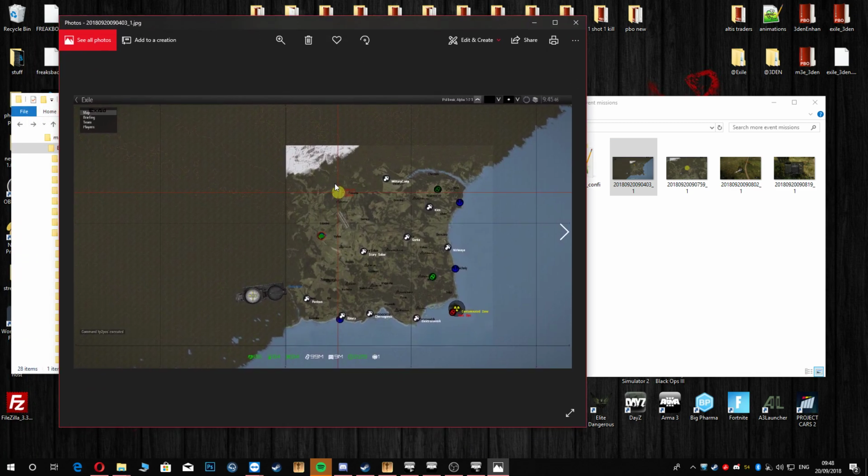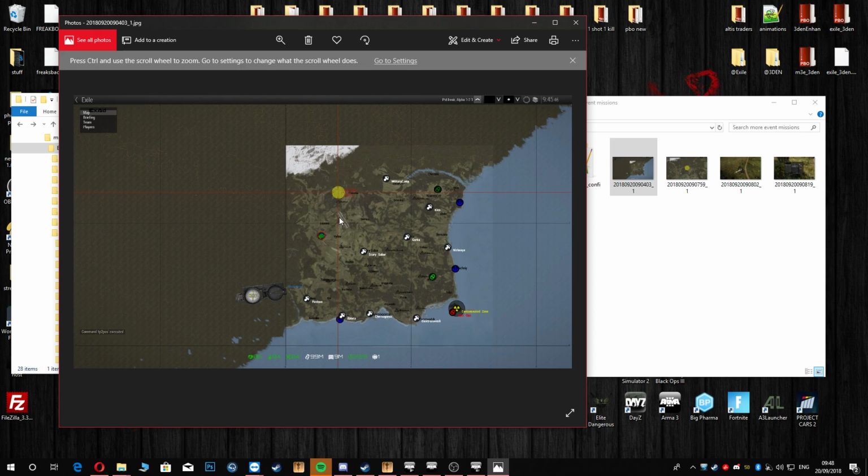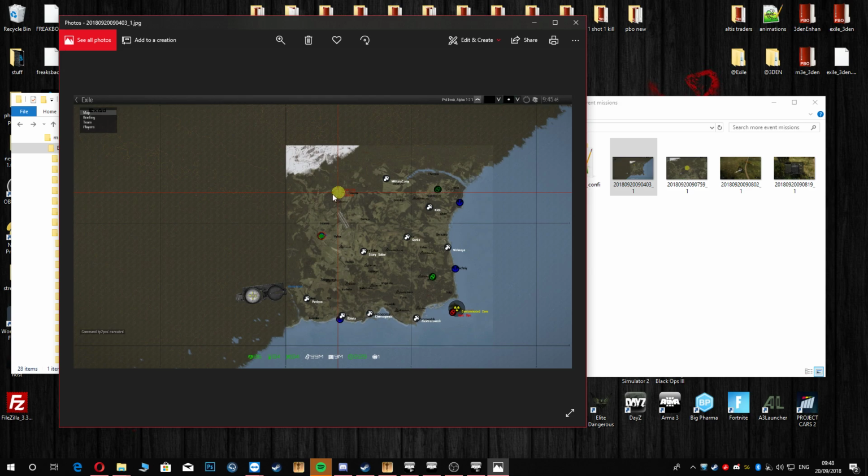What it will do is it will come up with some yellow circles. These are 500 meter circles. They will spawn within 500 meters of an airfield. So, we've got various airfields on here. It will spawn 500 meters away from an airfield, and within this circle, not directly in the middle, but within this circle, there will be a